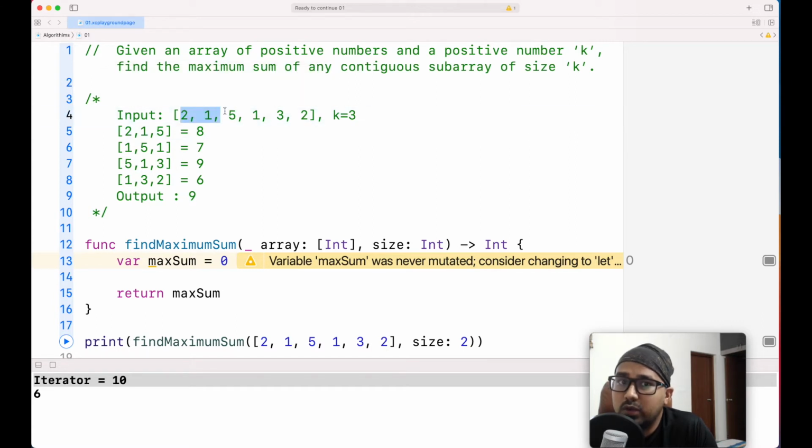We have a sum of this window, and if I need to switch the window, so the window is this, now I take the window like this. What I would be doing is subtracting the first element from the window and adding a new element to the window. That way I can try a sliding window approach. Here again I'll remove the first element and add the new element, and similarly here. We'll see how it would look in code.